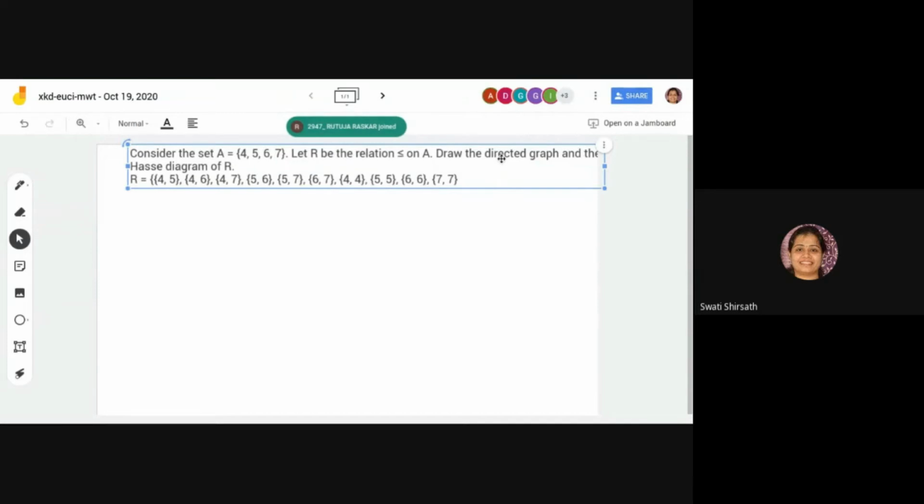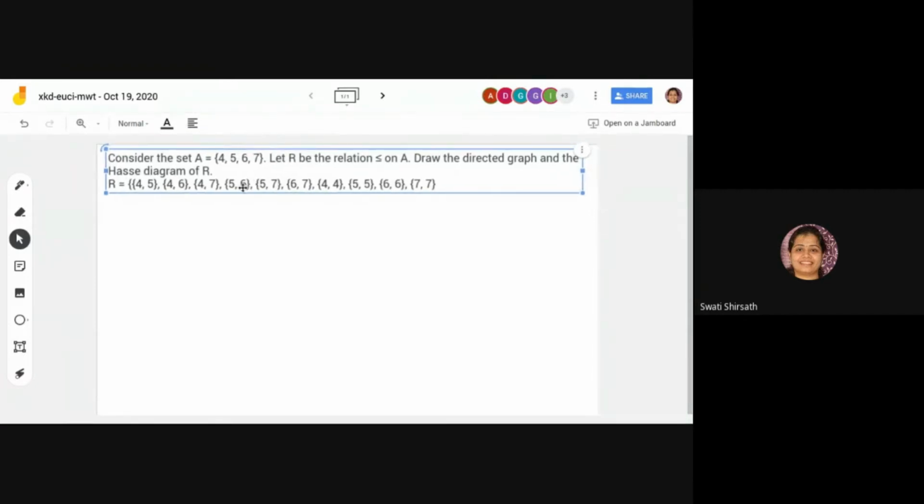Right now I am not drawing a directed graph, but you can have a directed graph for a given relation irrespective of whether it is a poset or an equivalence relation or anything like that. But yes, explicitly for a poset, we draw a Hasse diagram. If it is mentioned that it is a poset, then we draw only the Hasse diagram. So this is our relation. From where are you supposed to start? First we'll draw, consider this as a dot.